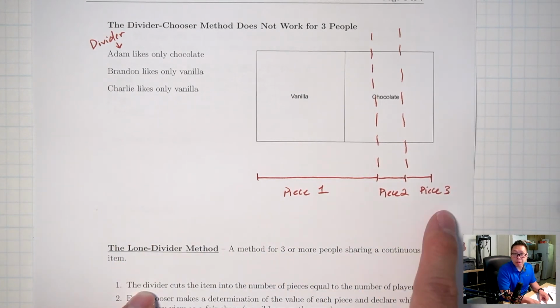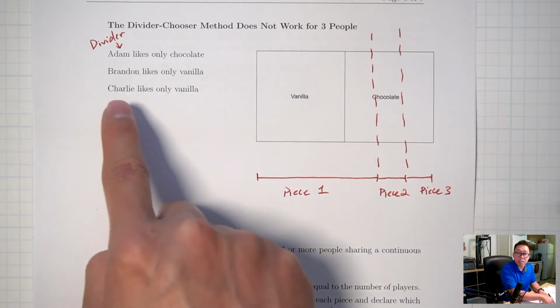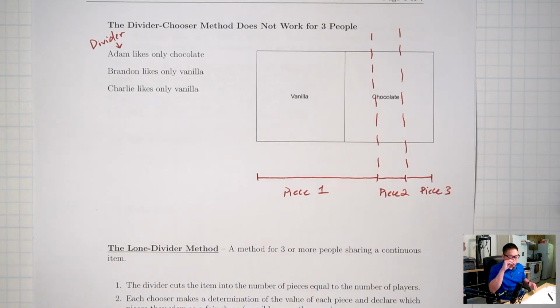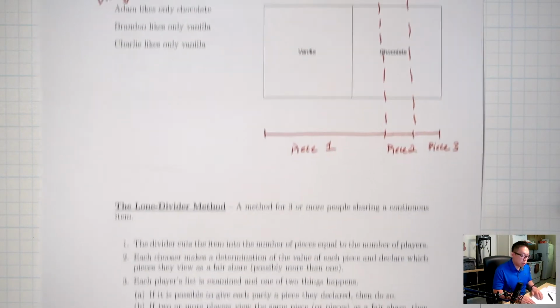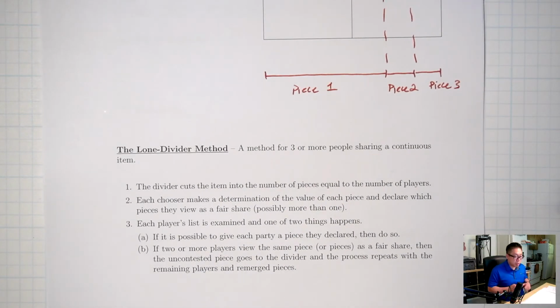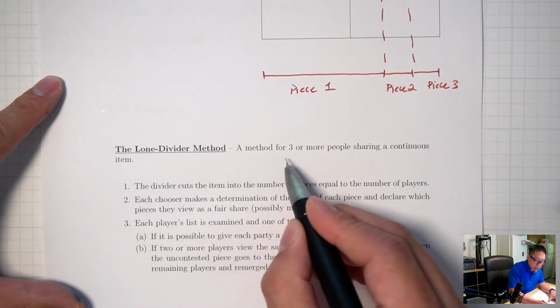He's unhappy, right? Piece 2, piece 3 have no vanilla at all. So Charlie is unhappy. So this is a situation where divider chooser leaves one person unhappy. So divider chooser is not going to work for 3 or more people. For 3 or more people, we use another method called the lone divider method. So the lone divider method is a method for 3 or more people